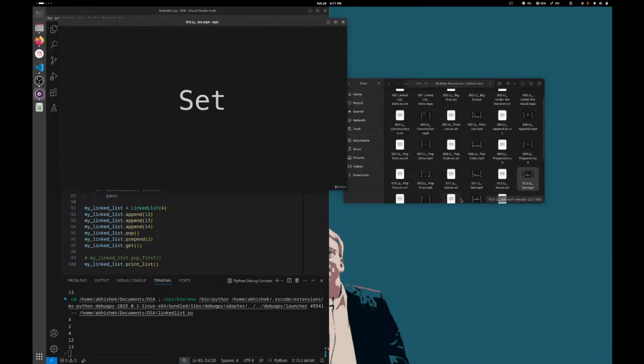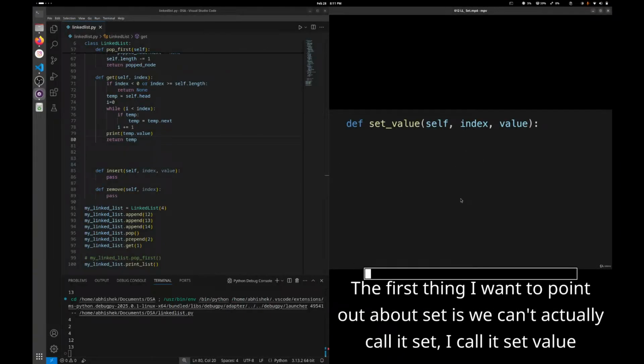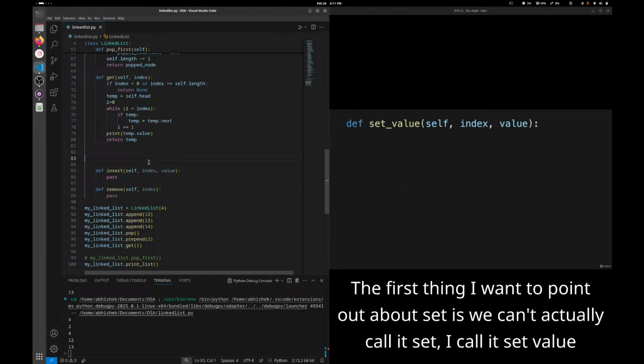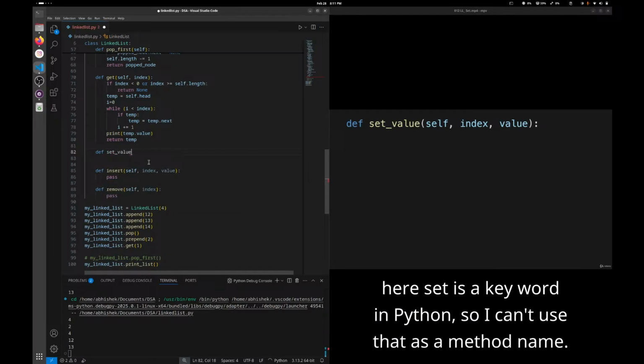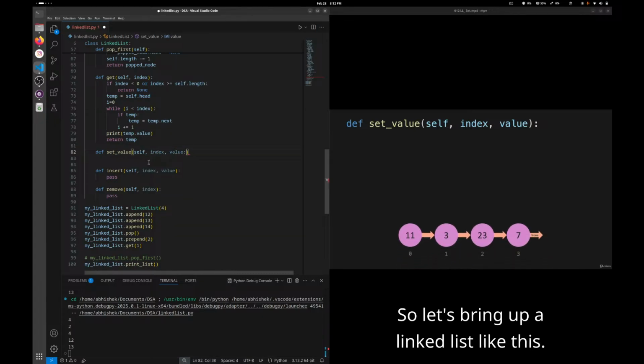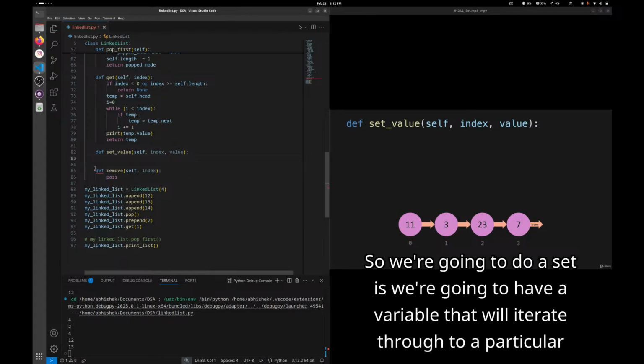Okay, so let's do set. First thing I want to point out about set is we can't actually call it set. I call it set value here. Set is a keyword in Python, so I can't use that as a method name. So let's bring up a linked list like this. So what we're going to do with set